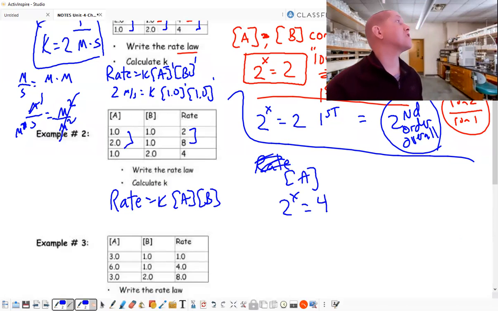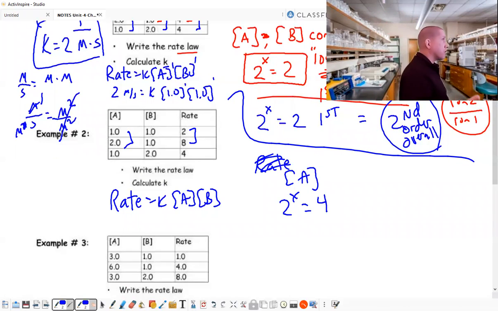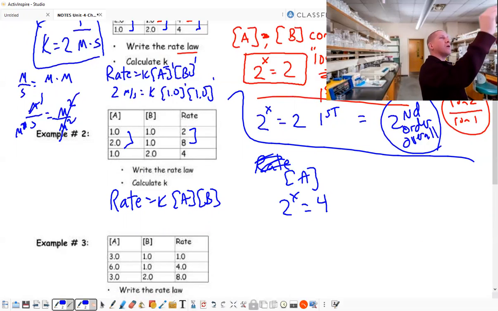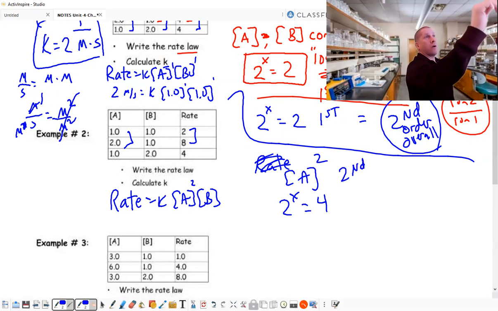By what factor is it changing? By a factor of 4. So 2 to what power is 4? A is squared. So now we know the exponent. It's second order with respect to a. So second order. When I do b, once again, I'm going to choose